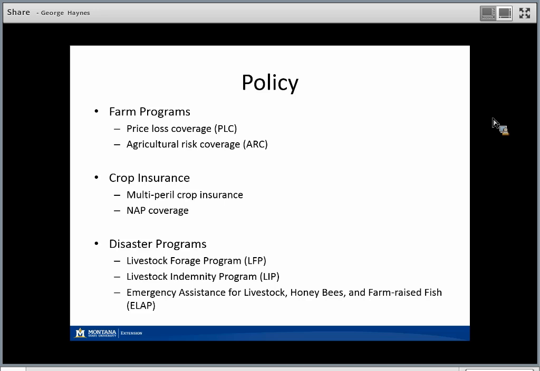Policy in the way that we're going to talk about it today really covers three things. One of them is farm programs. Farm programs are established by the Farm Bill. And there are two really important components. There's actually a third component to that, which we're not going to talk about today, but two of them are